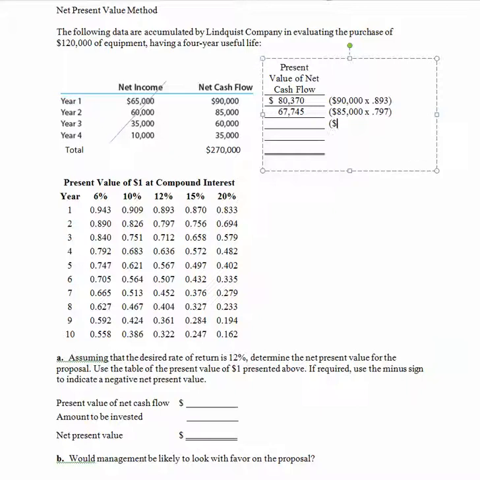So I think you see the pattern. Third year, we're going to take 60,000 times the 3-year factor, which is 0.712, and that amount is $42,720, and the fourth year